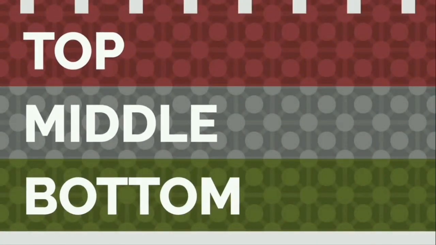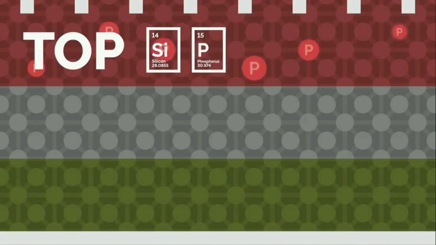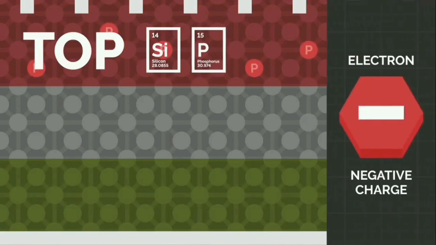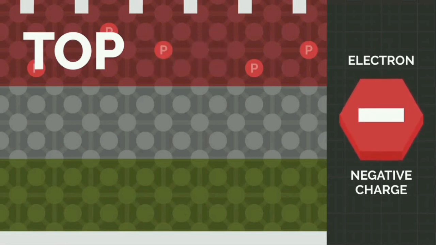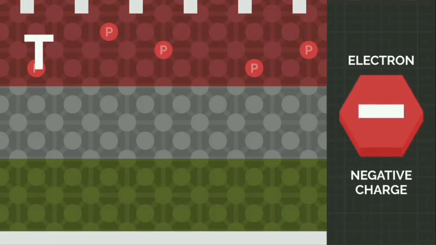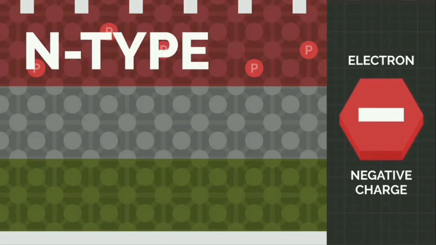The thin top layer contains silicon and a very tiny amount of elements such as phosphorus that has more electrons than silicon. This gives the top layer an excess of electrons that are free to move and make the material more conductive. The top layer is also called the negative type or N type, as it favors the collection and